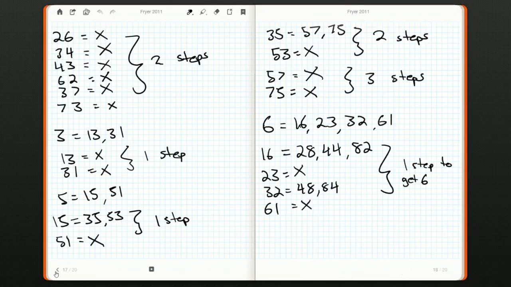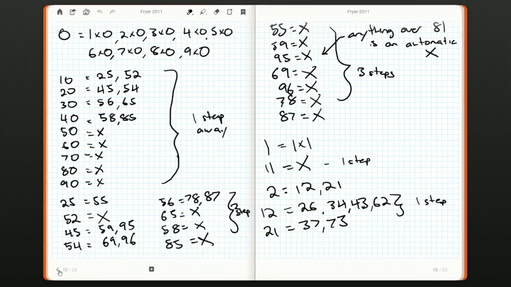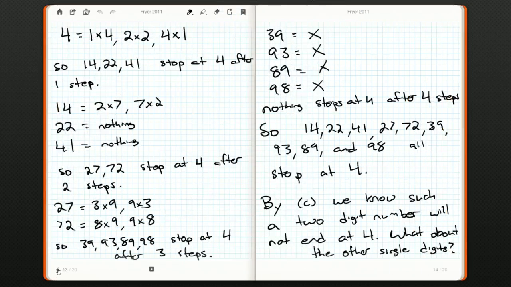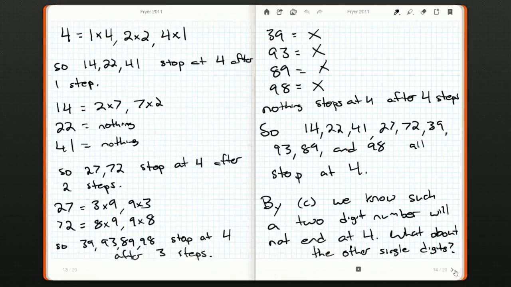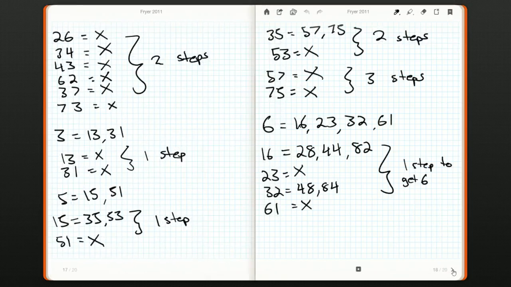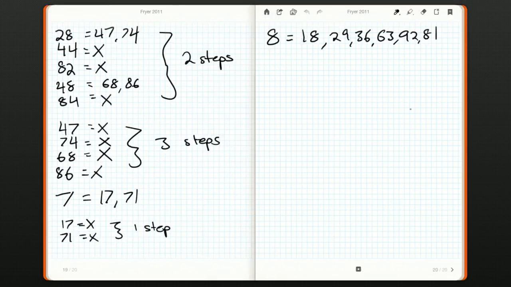I just want to go back and double check something. Why am I saying 2 times 8? Oh, I was doing these ones down here. I was wondering why I was getting more numbers for 8 than I had previously, so I had to go back and check. So 8, of course, is not 2 times 9. I'm thinking 8 ahead to 18. 8 is 1 times 8. It is 2 times 4, 4 times 2, and 8 times 1. We already did part of 8, so this isn't a